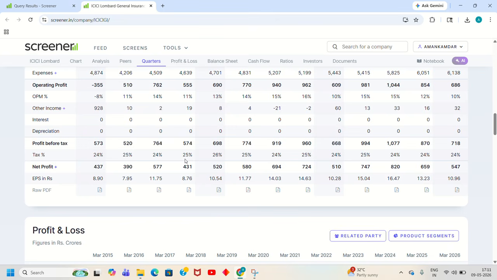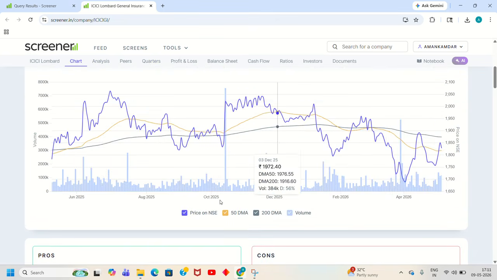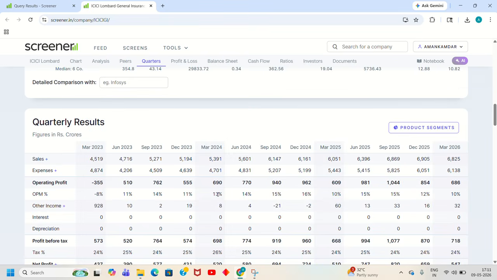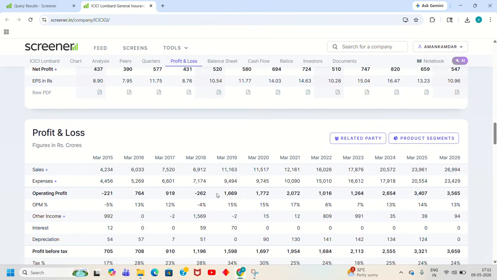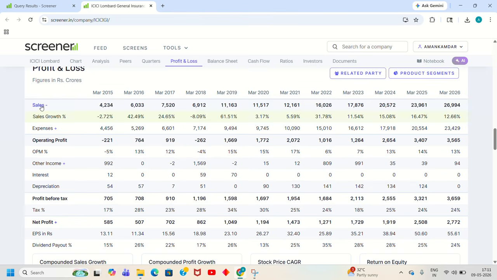Both have been decreased in last 2 quarters, which may be a reason that the price is currently below than that of the 200-day moving average. However, I have not completely analyzed the stock. So now moving to the sales. So as we can see that there is an increasing trend in sales, and here we can see that